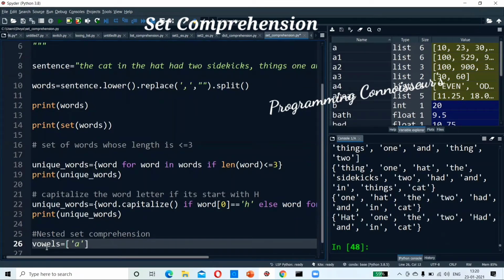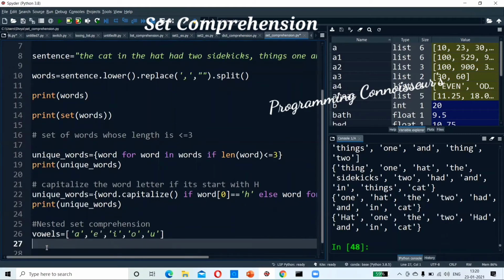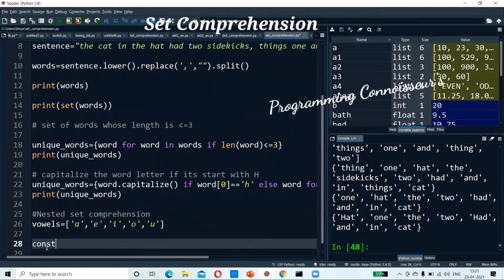A, E, I. I think my point is these. That's it.